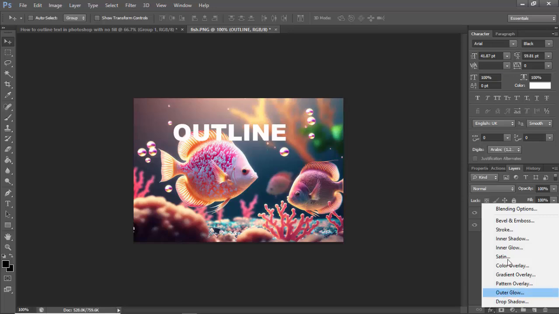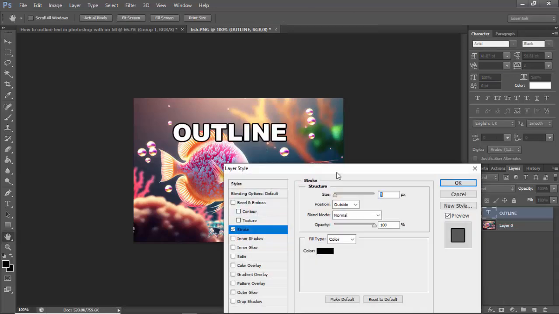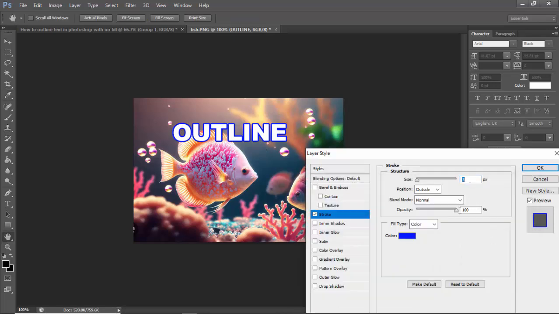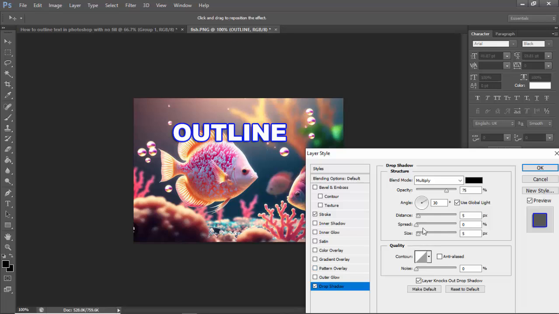Click Effects and select stroke color. Select it in color. For example, I click color. Select blue. Select drop shadow. Okay, then again